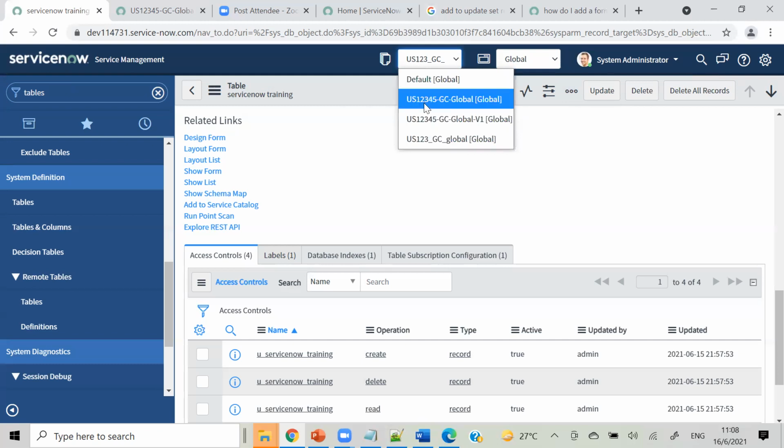Just remember, whatever you do will get captured in the update set. We are not habituated to this in the starting phase, so you will face this issue. You will get problems in your test instance and stage instance in the starting two to three months, until you get an understanding of update set.